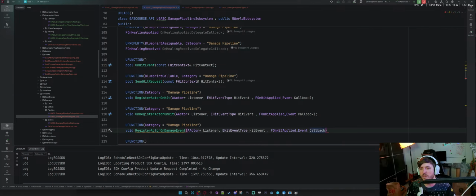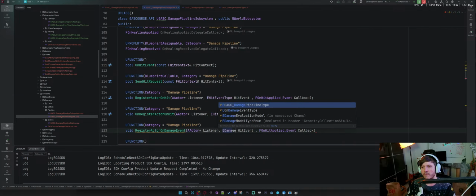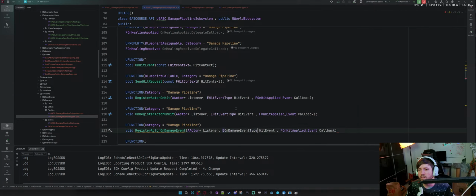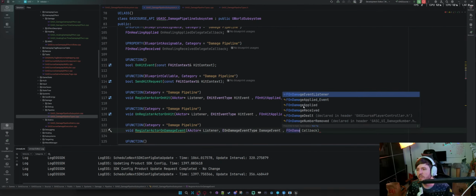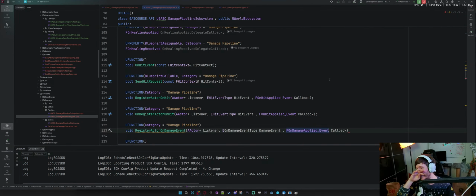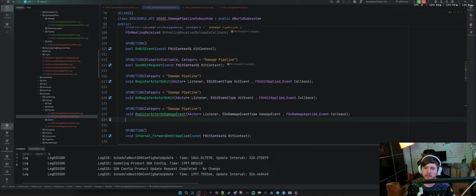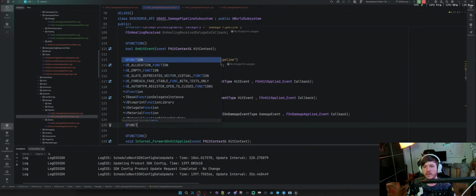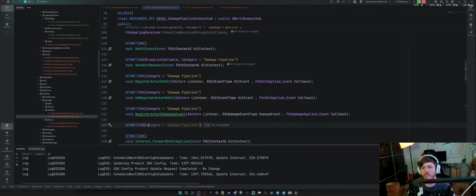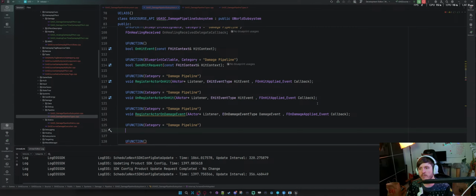So we want a listener, but then we want to change this to E damage event type. So damage event, and then F on damage applied callback. Should be what we need. And then an unregister as well. So we're gonna grab this. We're gonna do some copy paste, but